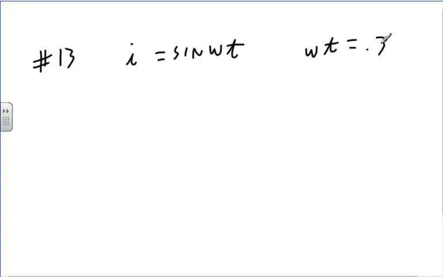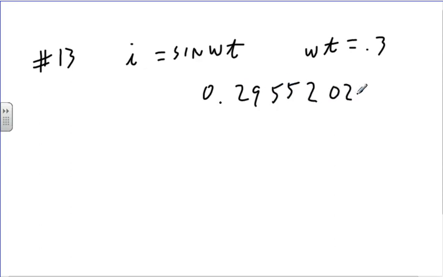So if I take my calculator and put it in radians, okay, so now I'm in radians, and I go sine 0.3, I end up with 0.2955